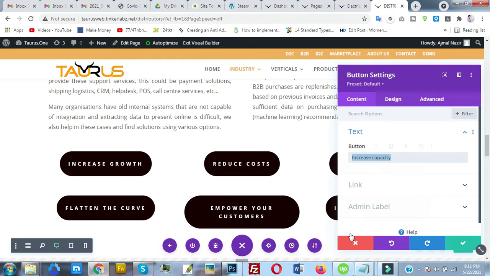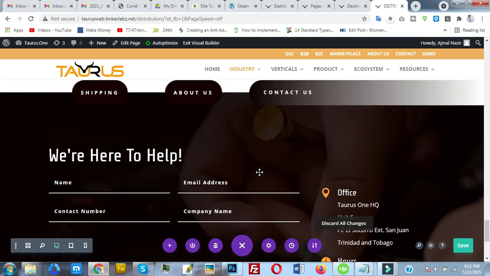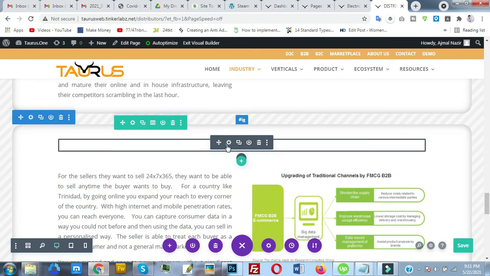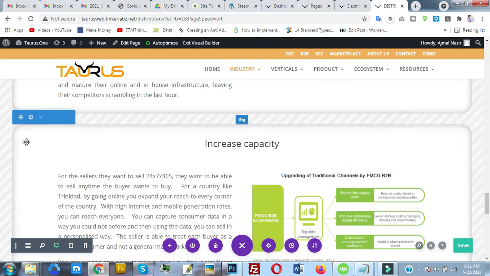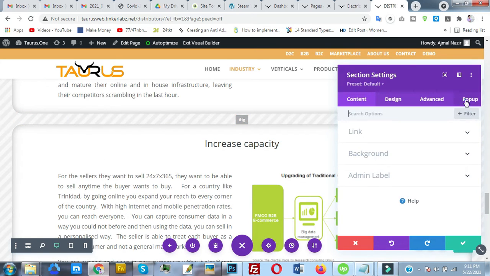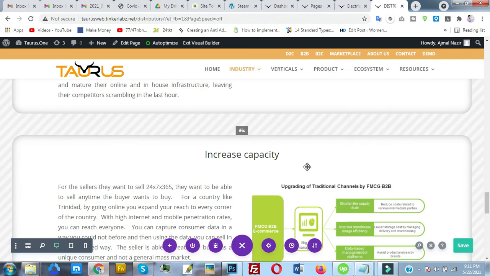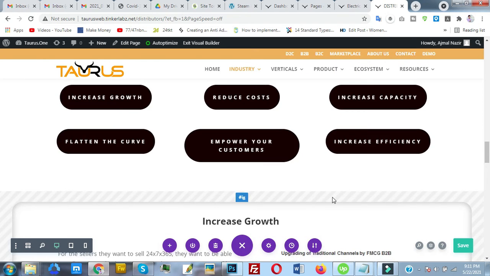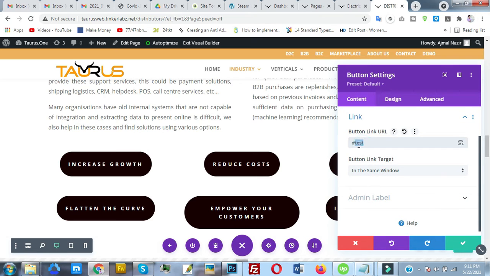So I change this new section name to increase capacity, and I have to add a pop-up ID for this, and I called it IC. IC is for increase capacity. Okay, so save it and let's change its link. Let's change the link for this button, and this button link should be IC.